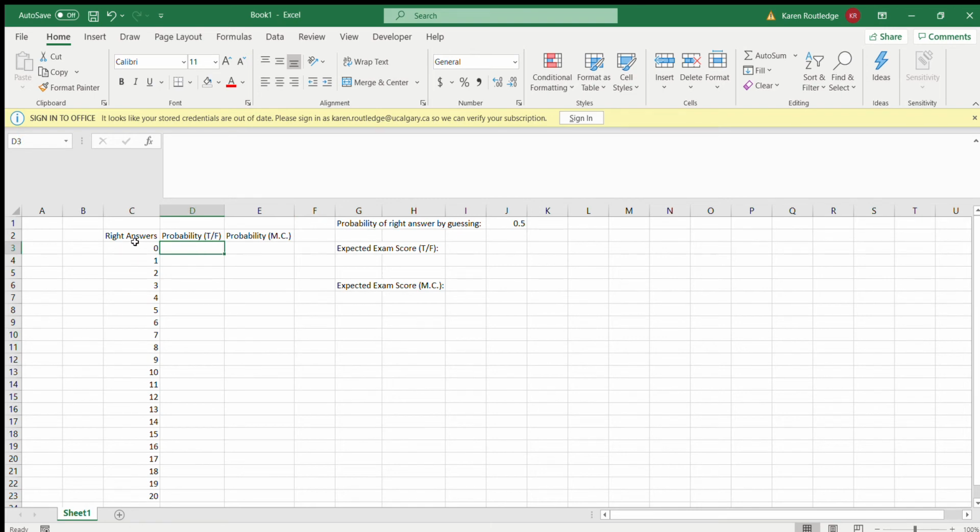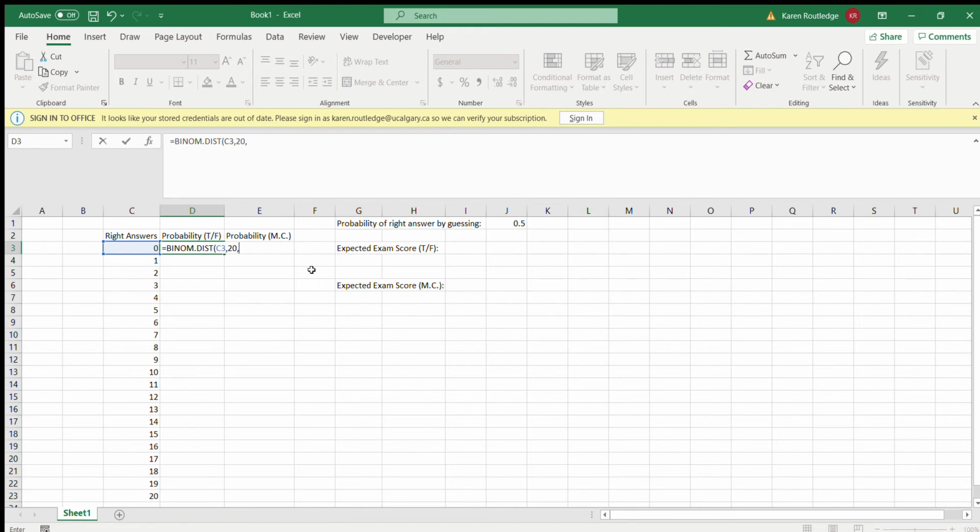We're going to calculate the probability of getting this number of right answers, and then find out what the most likely number of right answers is for the student to get, and use that to calculate their expected exam score. So in Excel, we're going to use the binomial distribution. Start typing binom, see what comes up. We want the BINOM.DIST for distribution. Number_s, that is Excel asking for the number of successes or the number of events. For us, events is right answers, that's what we care about. Trials is the number of opportunities, that is for us the 20 questions they're going to be guessing on.